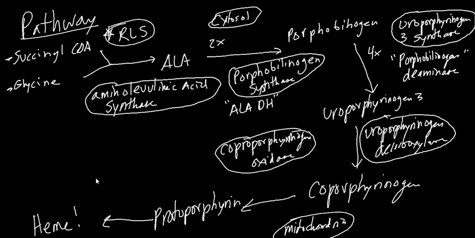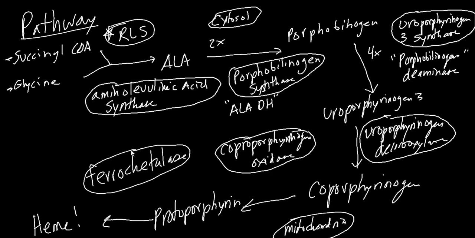So what do we need? We need the all-important enzyme ferrochelatase, the ferrochelatase enzyme. And for this, ferro, think we're going to need some ferrous molecules, so some iron in there. And there we go. Okay, so our ferrochelatase, we're going to throw in some iron, and then we'll get our heme molecule. Okay, this heme molecule, I'm just going to draw it in red, is going to